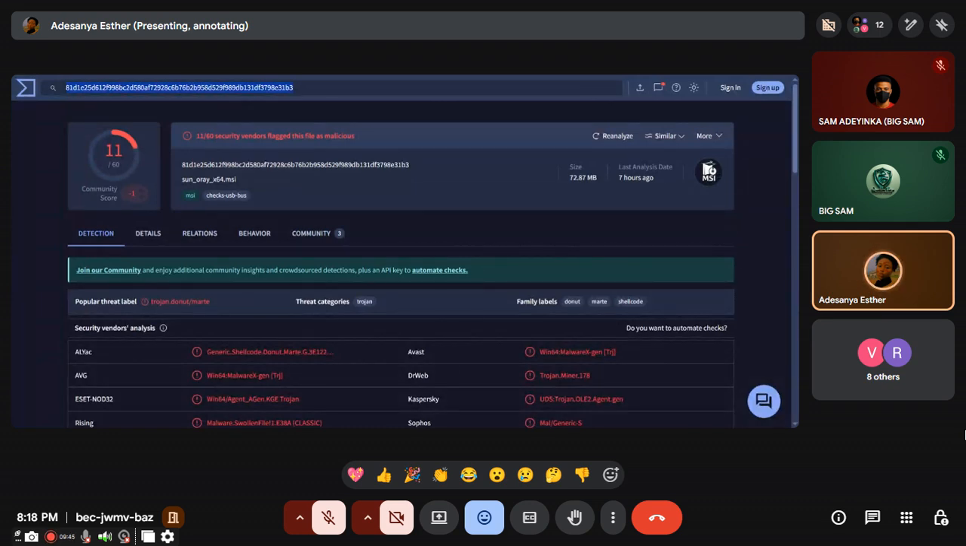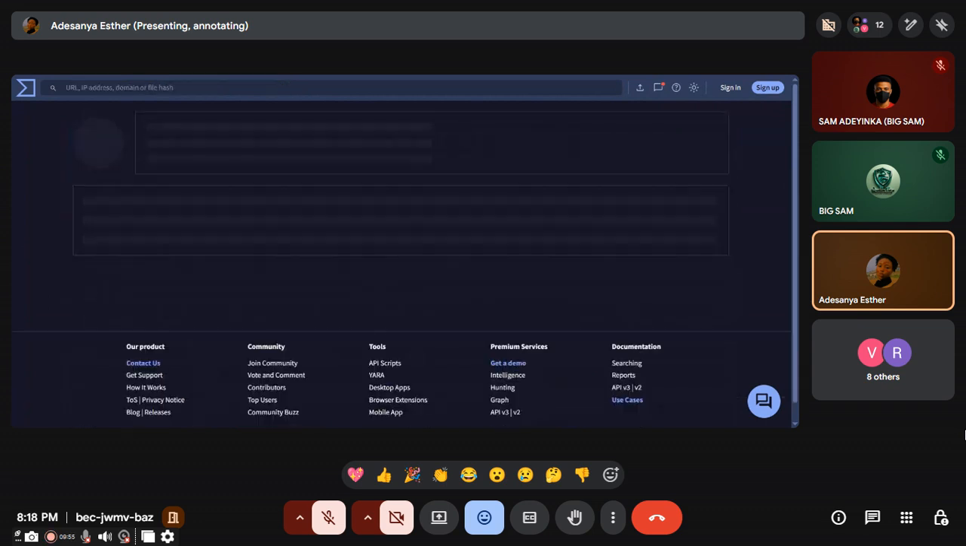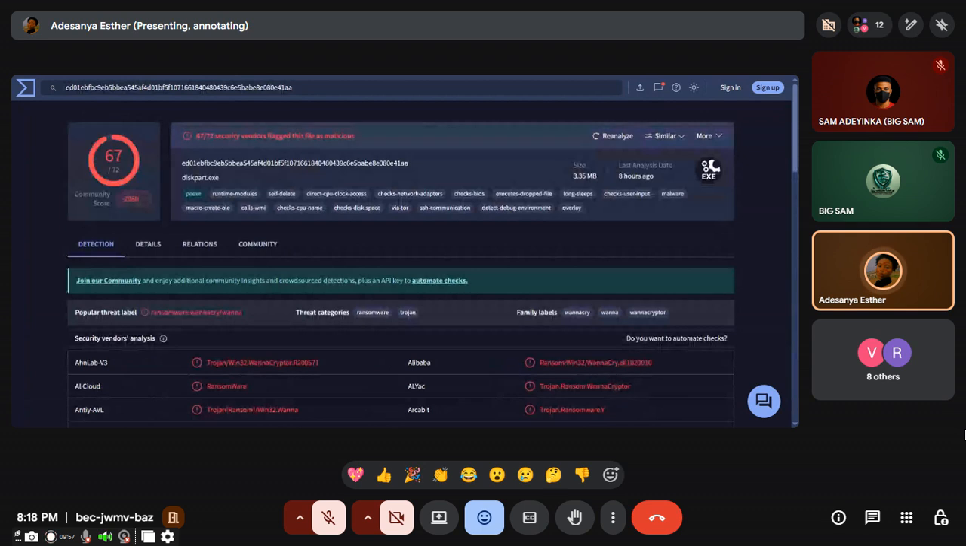We can check for IOCs with VirusTotal. We are using this particular hash, this thing I got from, and it was flagged by